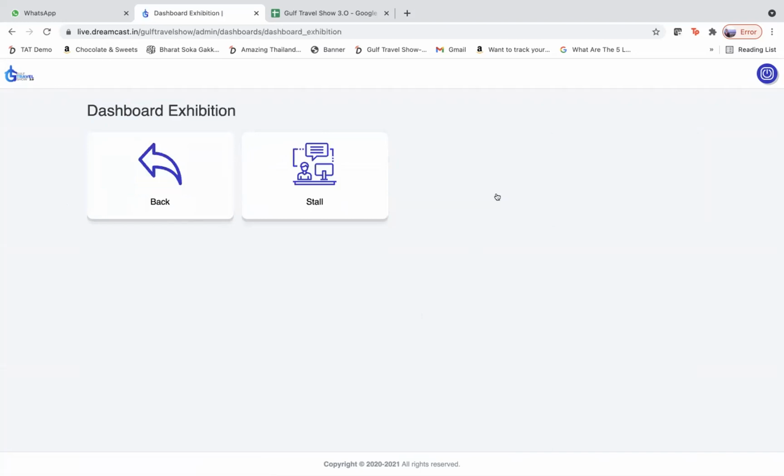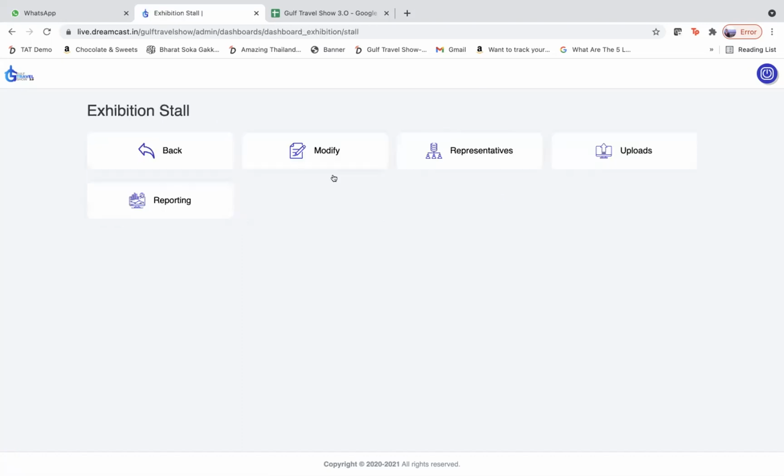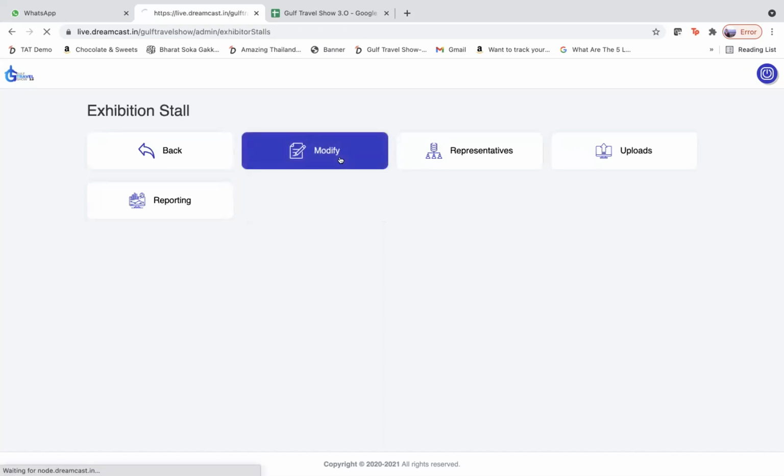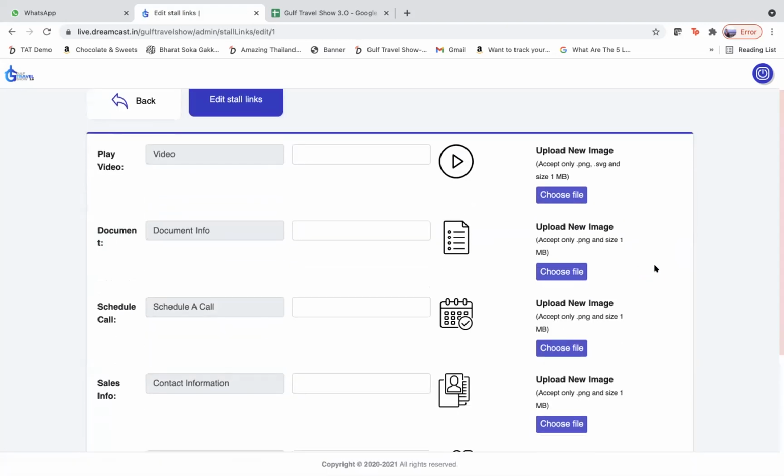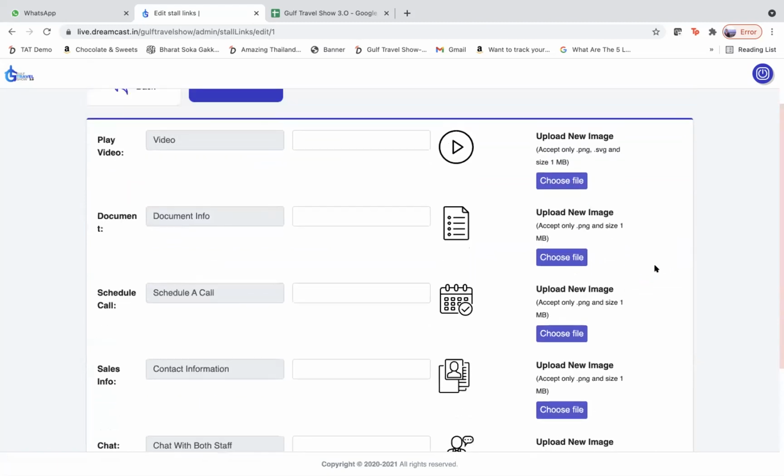Exhibition, which is the third bulletin here, is used primarily to upload all the things that the exhibitors have given us thus far. When we select modify here, we can edit from this particular link where there's the pen sign. Once we click the edit sign, here we can upload the video files.